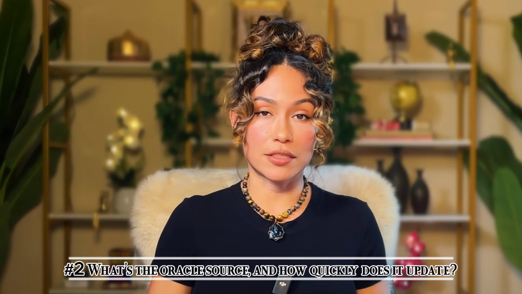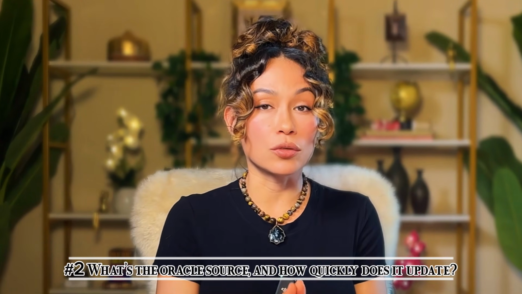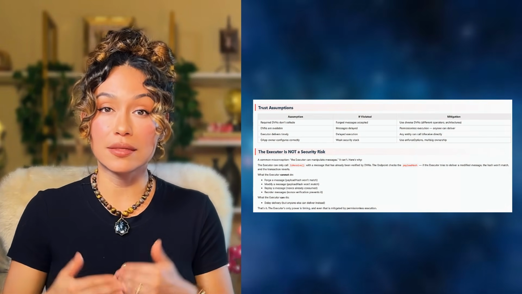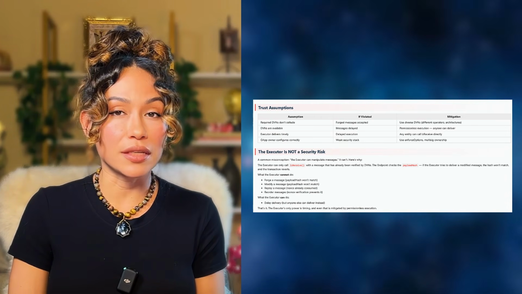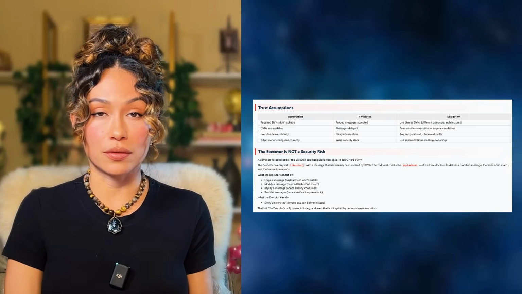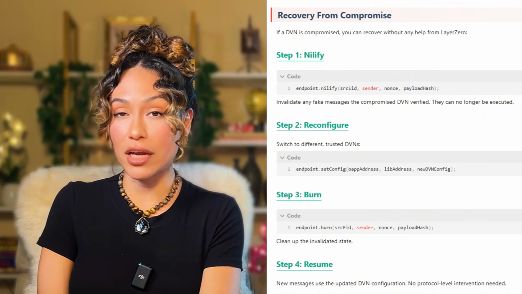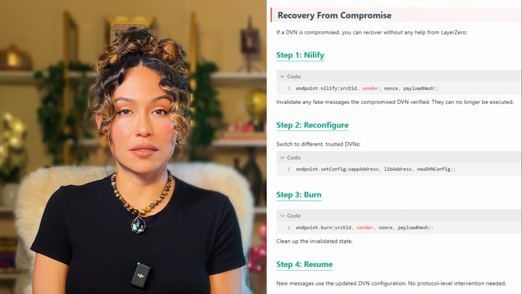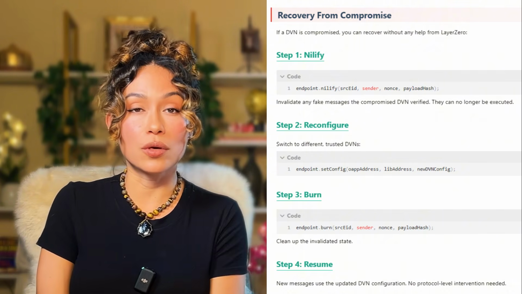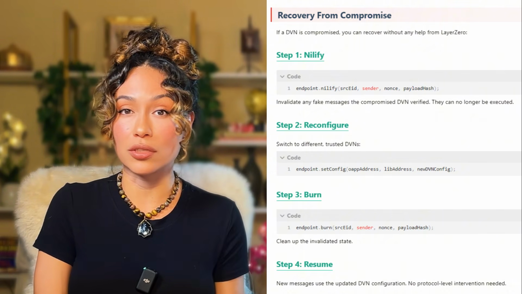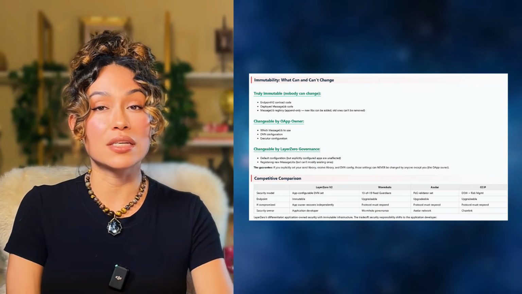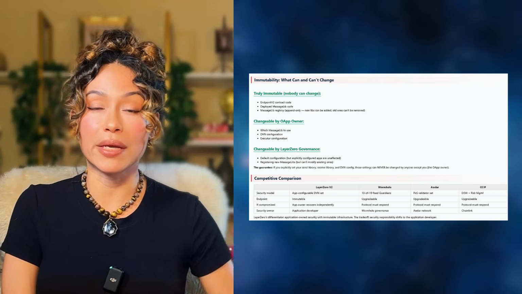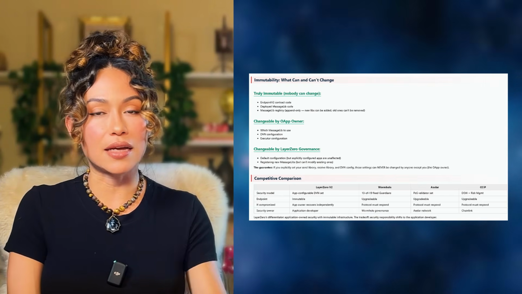Question 2 you should be asking yourself is, what's the oracle source and how quickly does it update? The Aave side of this only cascaded because the price feed didn't reflect reality fast enough. Every lending protocol you use has an oracle. Every perpetual futures exchange has an oracle. So ask whether it's Chainlink or a custom oracle or a single centralized feed, and ask whether there's a delay mechanism that catches sudden depegs before they become bad debt and it cascades out of control.